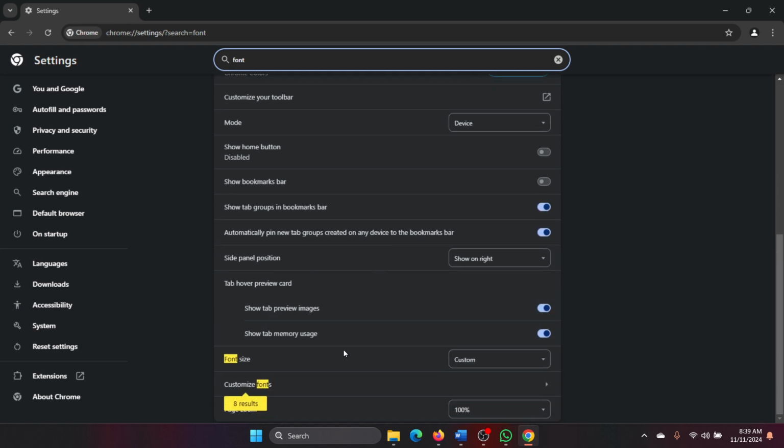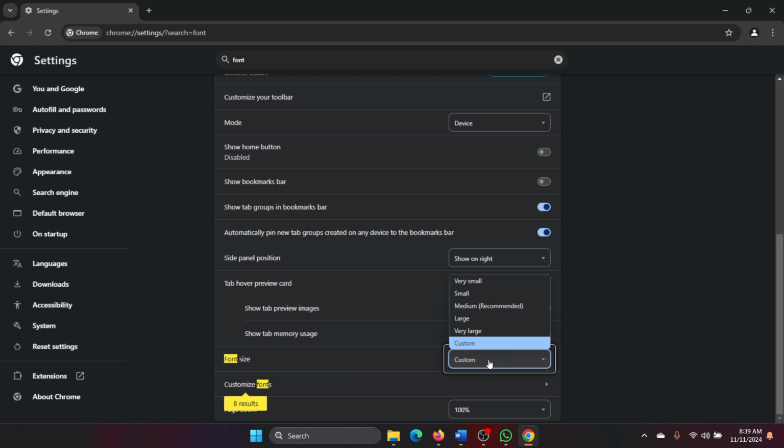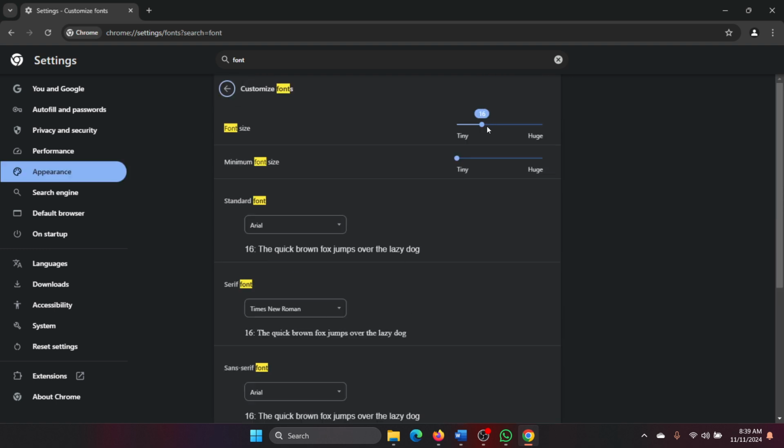Now scroll down to appearance and you'll find an option for font size. You can change it to, we have a lot of options here, large or extra large or anything, or medium or whatever you want. But if you want more customization over this, then simply click on customize font and then